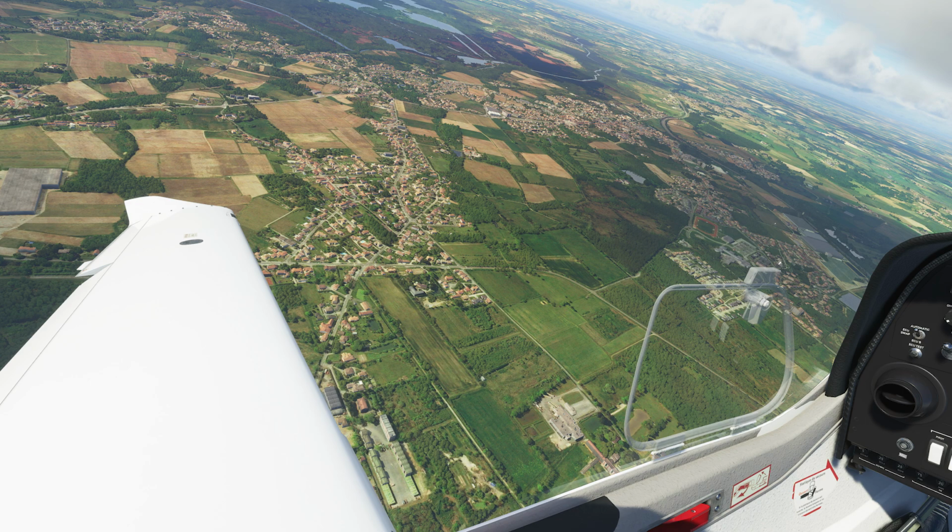The interior of the cockpit as well, if we look at the actual cockpit, because obviously this shot is mainly of the outside, but if we look at the cockpit, or what we can see, that looks really good as well. The text is quite clear, and the lighting looks great. Everything's sort of very crisp. The text on the dashboard there is very, very clear, which I've noticed in a lot of these stock aircraft,